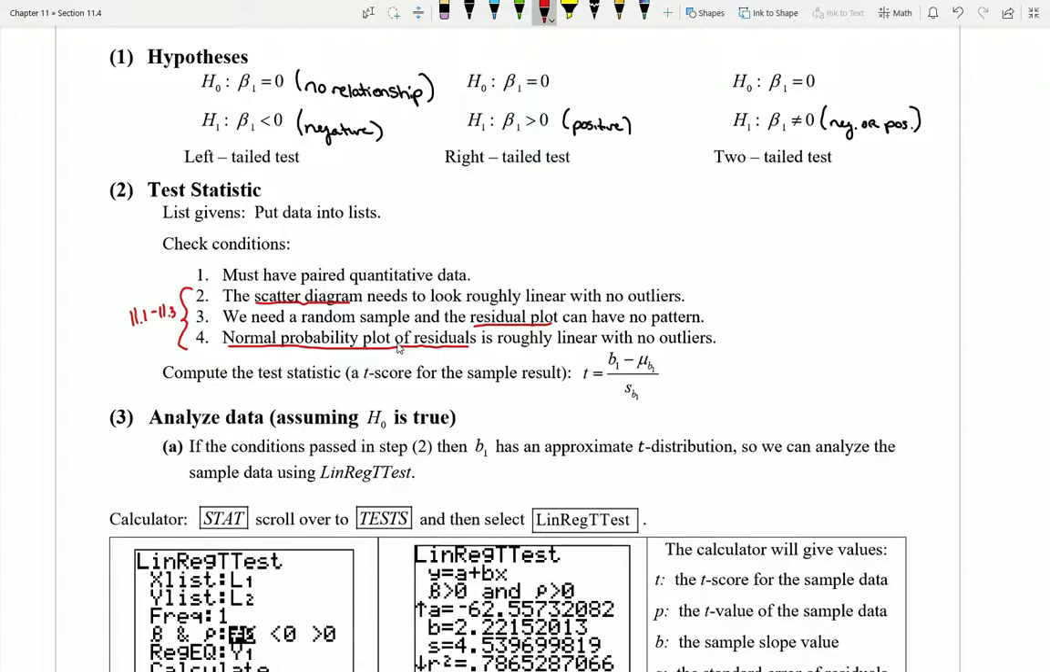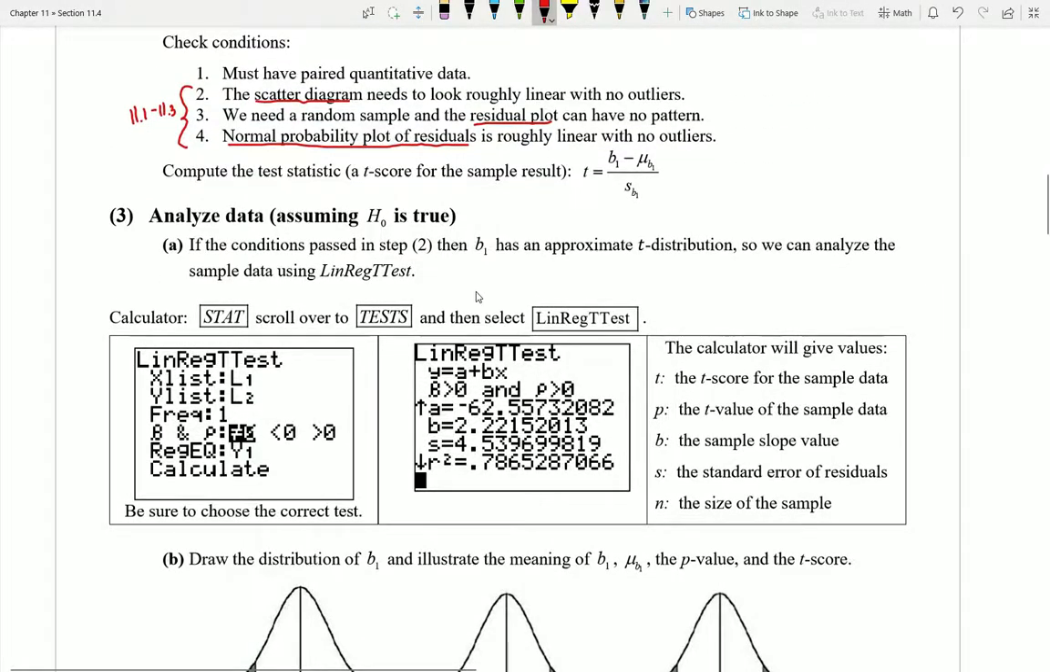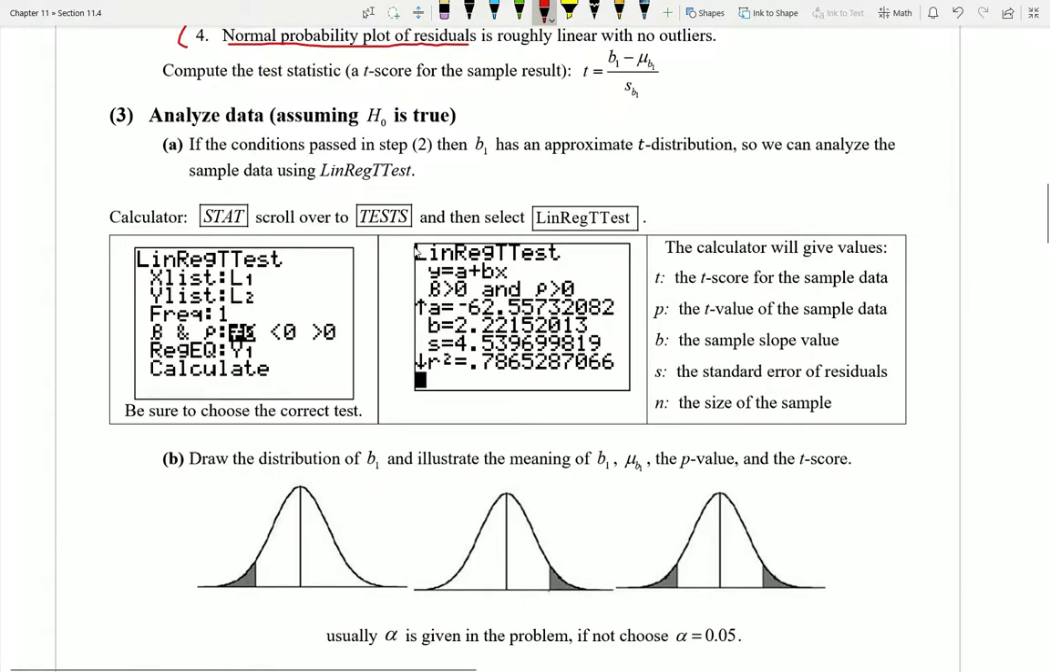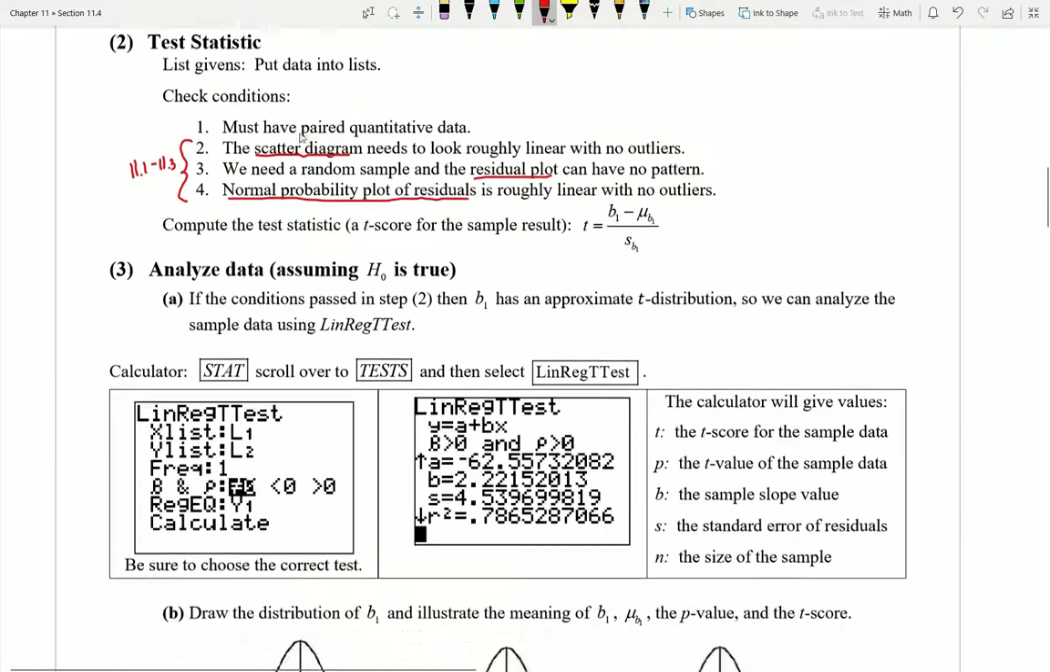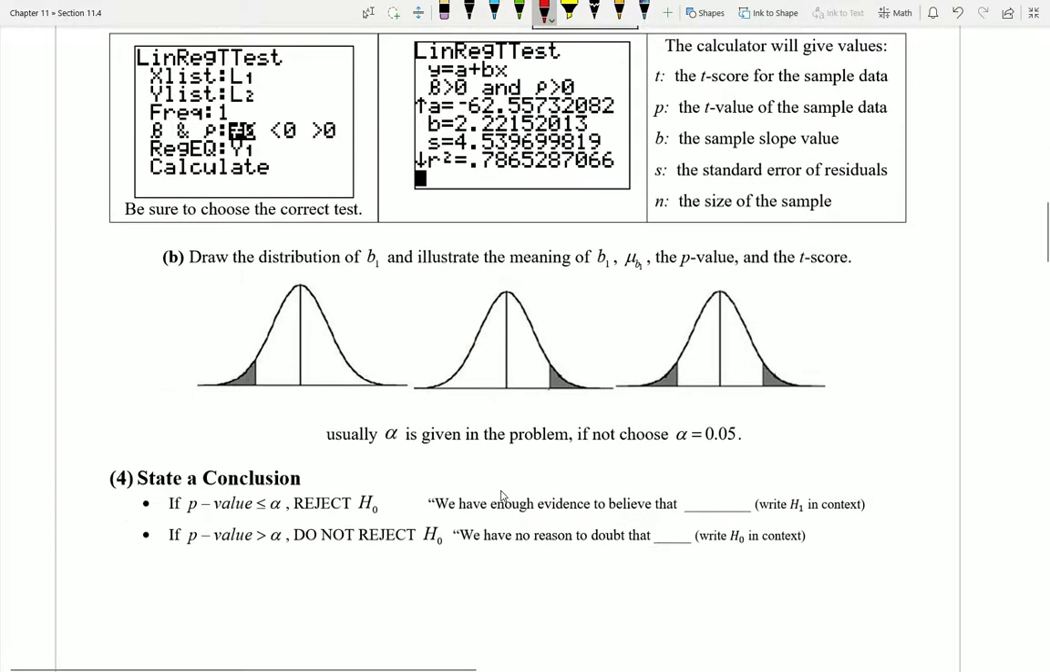Then I'll have a test statistic. It's going to be calculating a t-score for our result. Once I have that, I can go ahead and analyze the data. And again, what I'm going to be attempting to see is how weird would it be to get a particular sample slope if I believe that my population slope is 0. So we'll go ahead, draw a picture, and reach a conclusion,